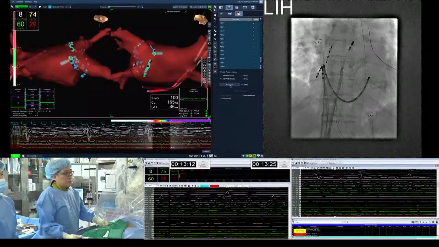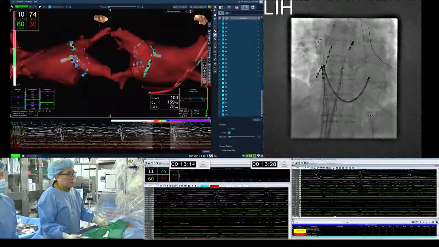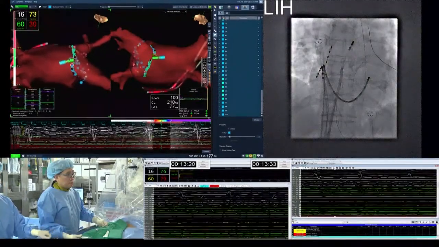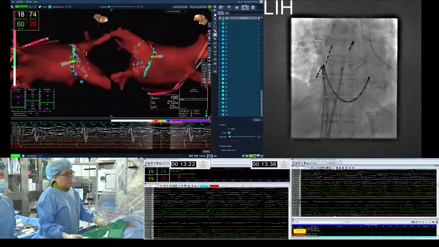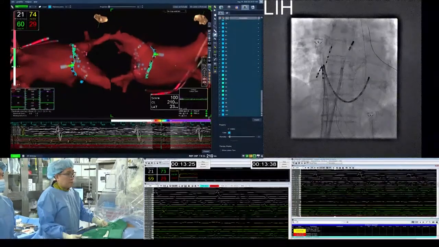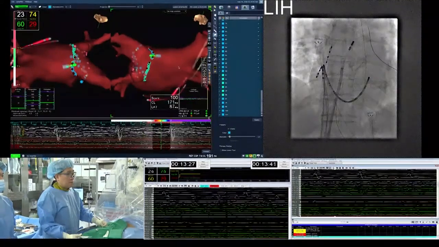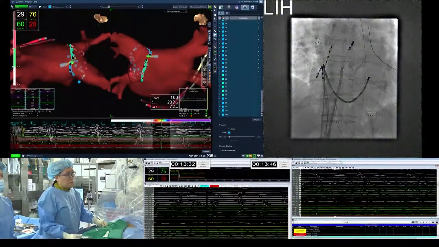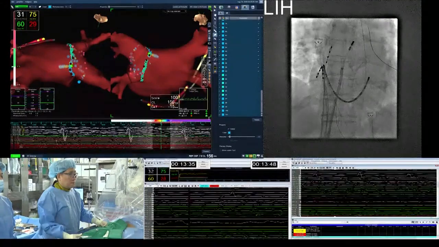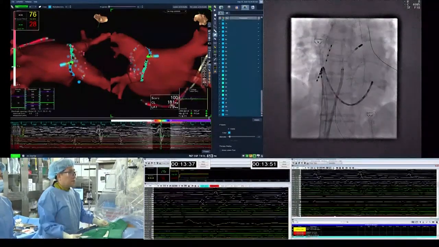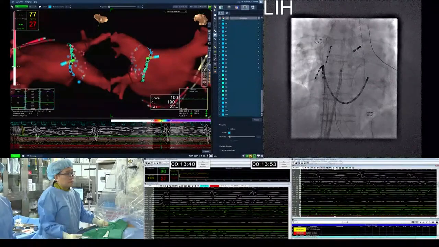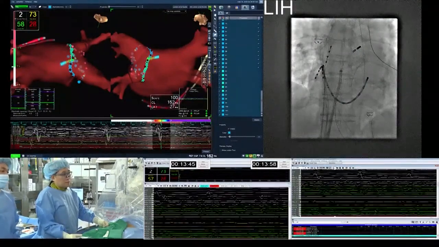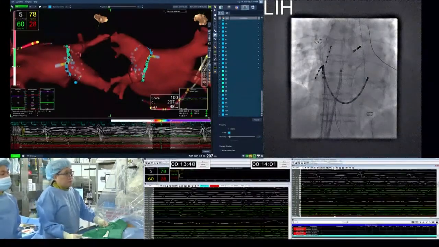So I think this area includes the septopulmonary bundle. It is a very thick and important bundle. Sometimes epicardial connection makes the PV isolation procedure very difficult. So it is important to give enough energy. Sometimes patients feel pain in this area, and a vagal response. And finish up the left side of PV antral ablation.